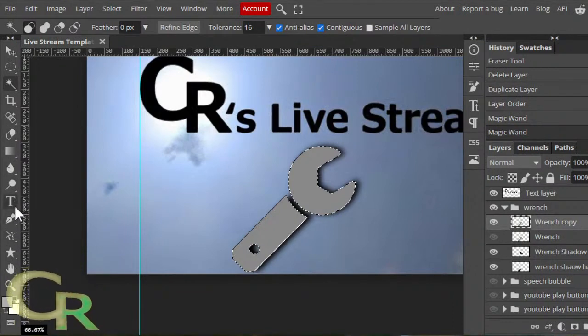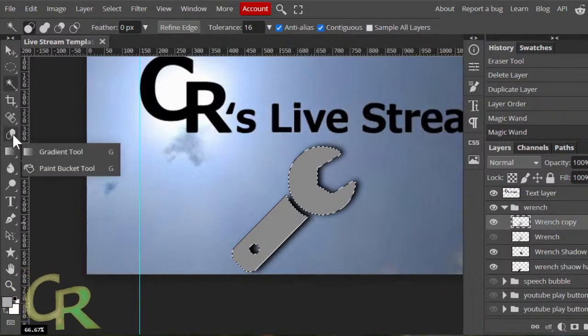I can use the paintbrush, I mean the gradient or paint bucket tool, but I don't remember where the brush is.